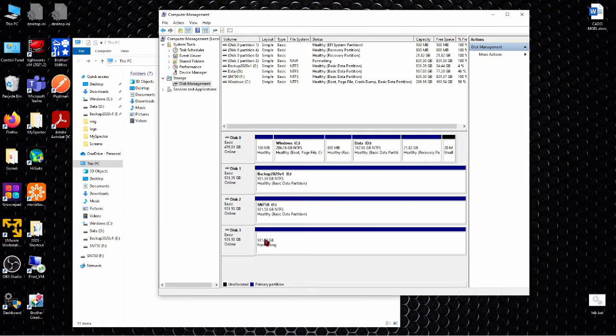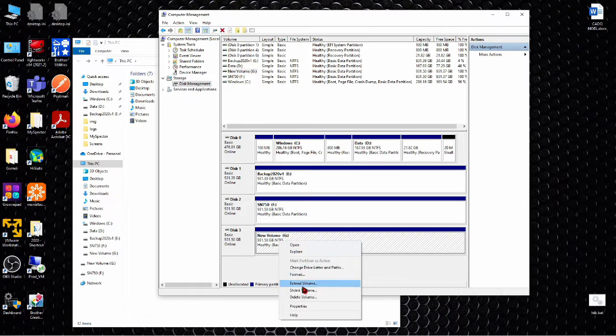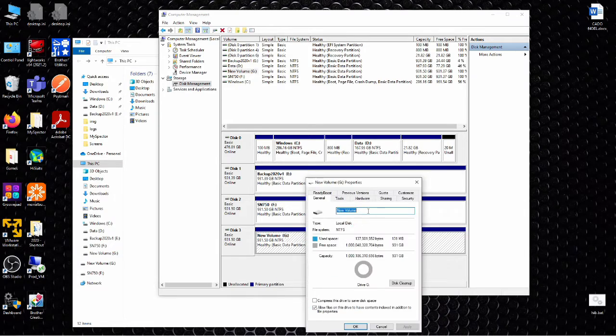Okay. It is still formatting. And it is taking more time because this disk is not an NVMe SSD. This disk is the old magnetic generation. And I forgot to name it, so I'm going to properties and give it the name.